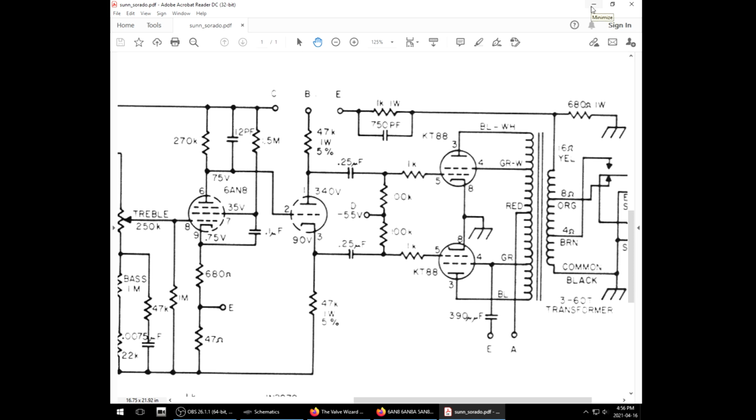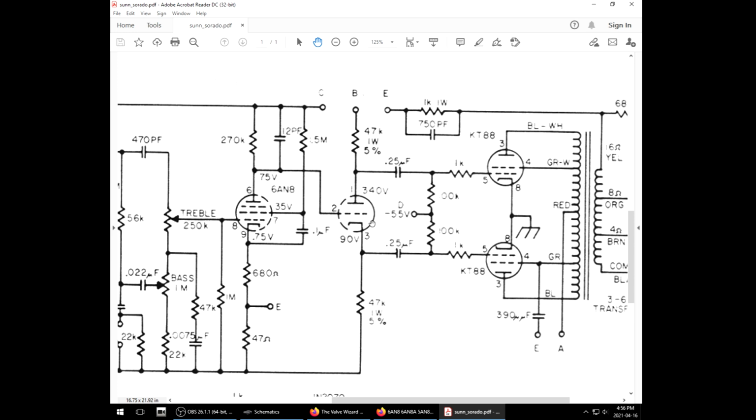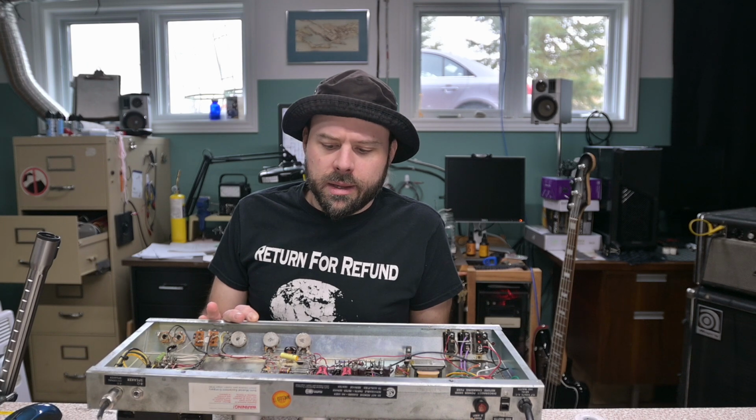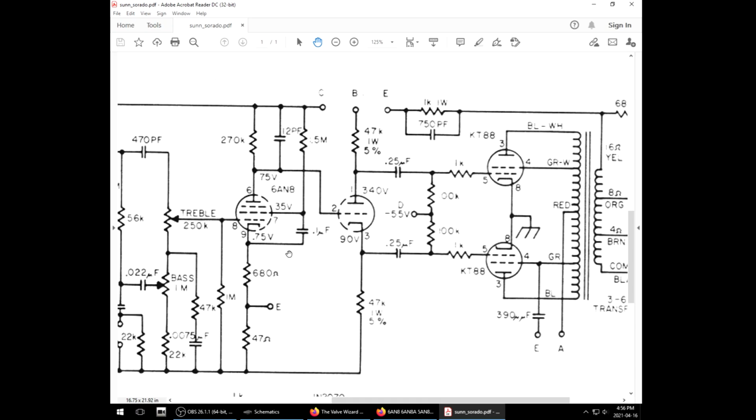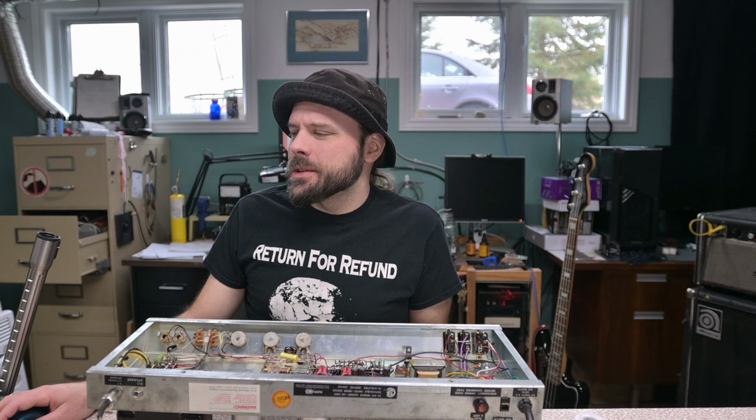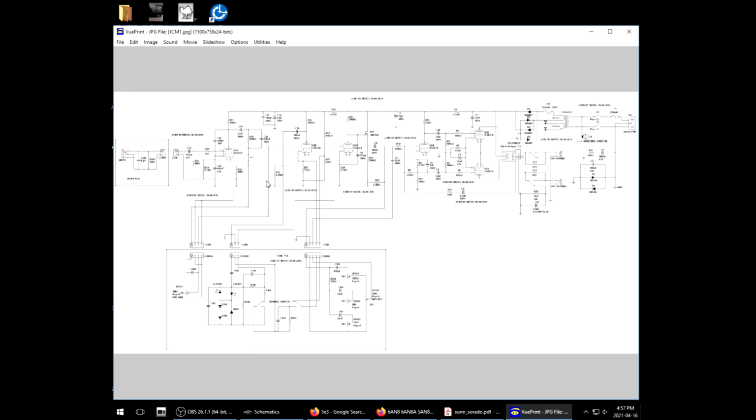I didn't think much of it at the time, but I'm feeling that this is part of the problem, which could again be a symptom of the fact that I'm not using the tube this amp's designed for. Maybe they got away with this with the 6AN8, but now with the 6U8A, hilarity is ensuing. Also, this capacitor that I replaced last video, 12pF, I replaced it with a 10pF. Maybe that needs to be a higher value, but if we look at other similar designs, like, really quickly,